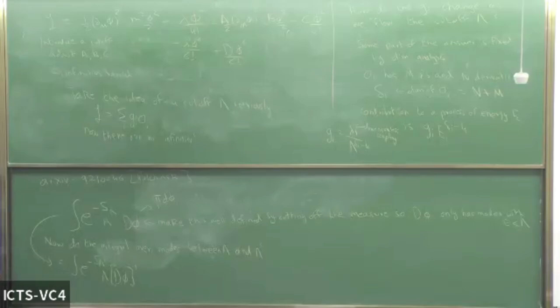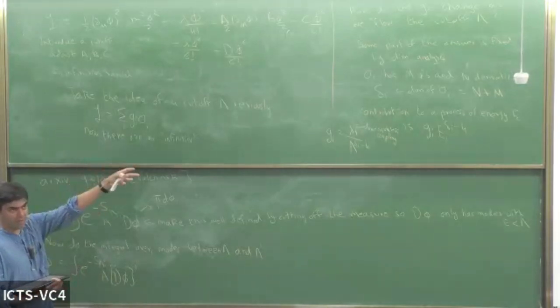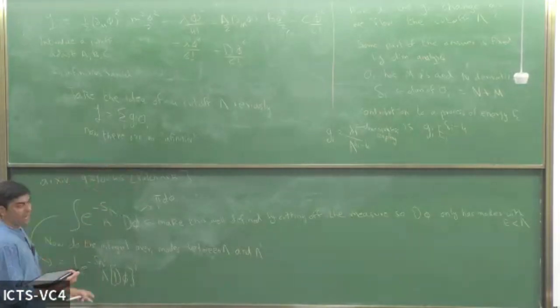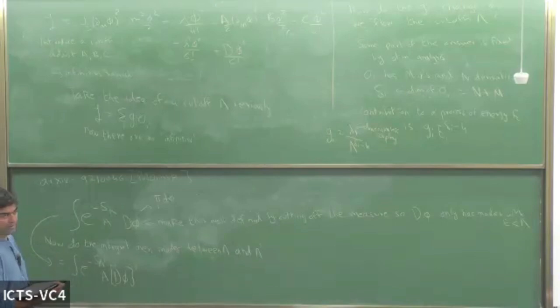The action is already defined. The action is defined in terms of the cutoff, correct. So now I change the measure. Now I do some of the path integral. When I do the path integral, this action has modes of this energy lambda and some other modes of energy lambda prime. Once I do the integral over the high energy modes, I will be left with some action in terms of the low energy modes, which will be a different action. It won't be the same action.